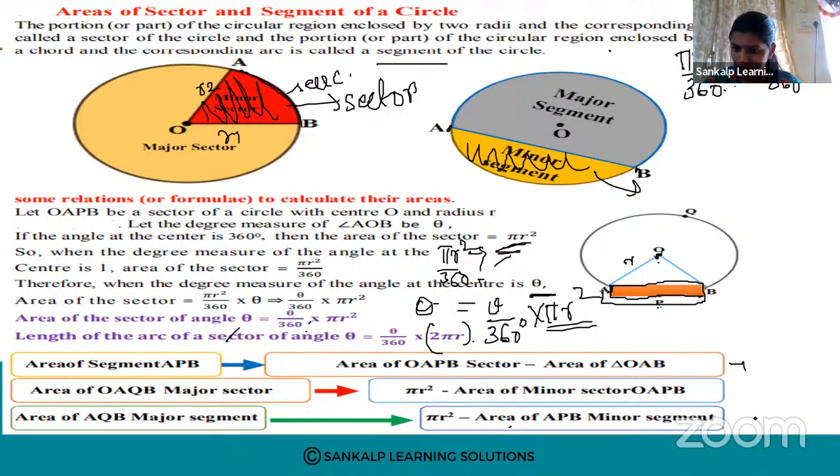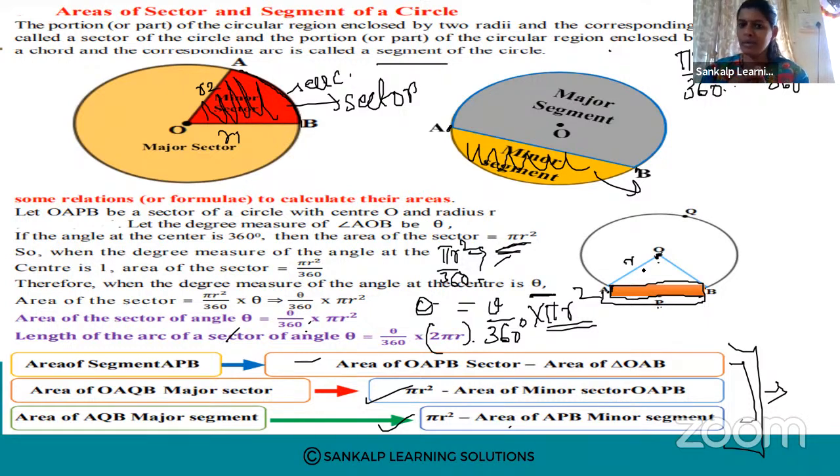If you want the area of segment APB, you use this. If you want the area of OAQB, you use this. If you want the area of AQB, you use this. So remember these 3 areas. In multiple choice questions they may ask about the sector, the segment, major segment, minor segment, major sector, minor sector, and formulas related to these. Okay, now